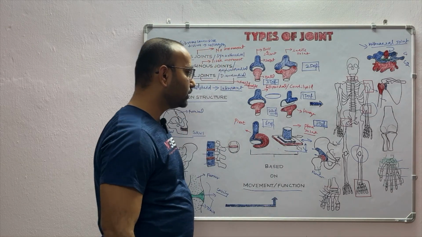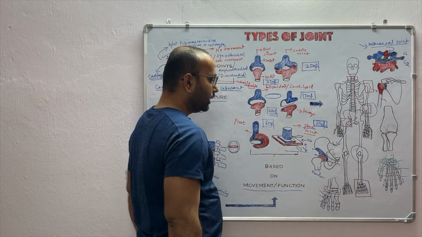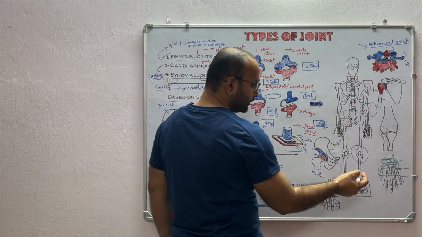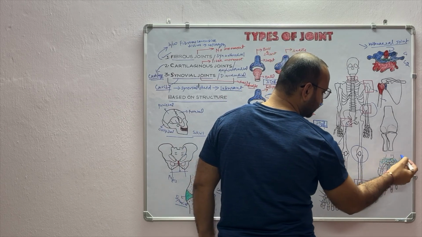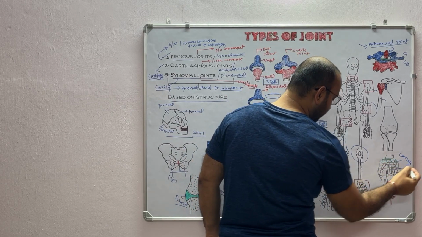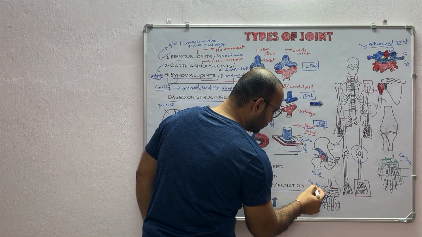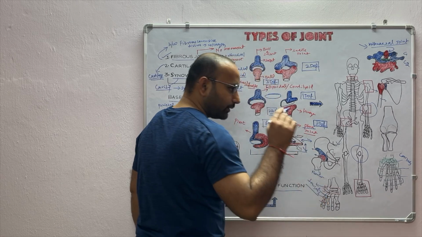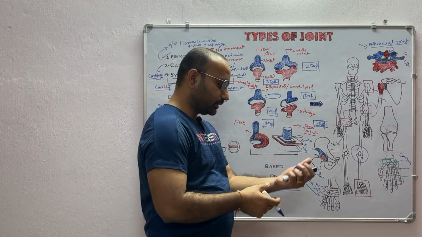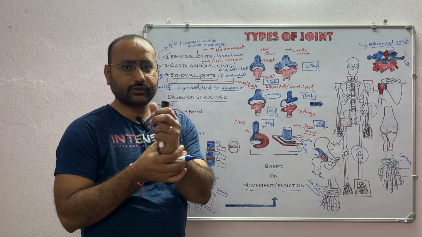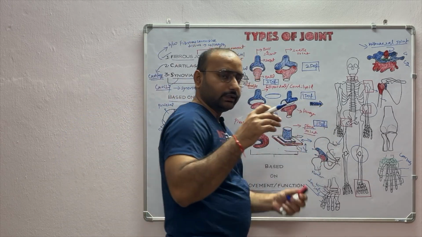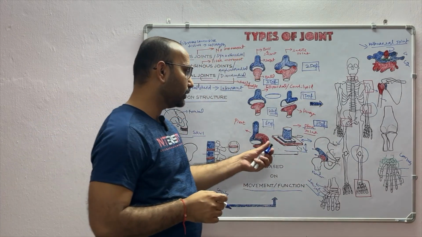Coming to the flat joint, also known as the plane joint. The example of the plane joint is the joint between the carpals and the tarsals bones, right? You have these small bones present at your wrist, which are the carpal bones. So the joint between these carpal bones comes under the category of the plane joint,